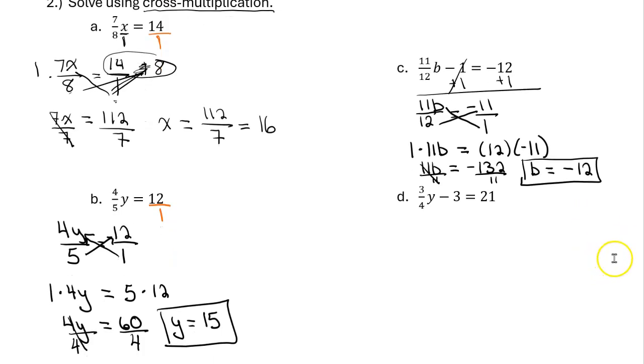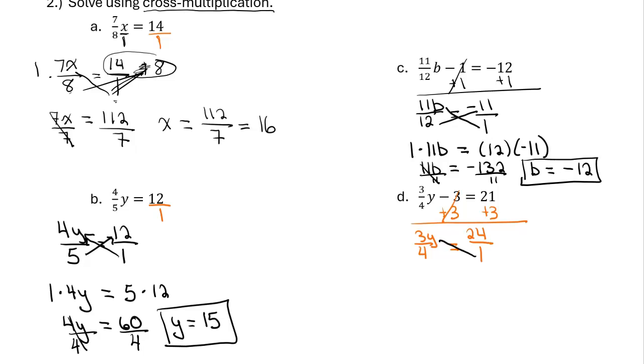Okay, so go ahead and pause the video and try D, and then turn it back on and see how you did. All right, I'm going to switch to orange here just to break up the monotony a little bit. Okay, so opposite order of operations. So I have to add 3 to both sides first. That goes away and I get 3/4. I'll put the y up top, equals 24 over 1. I have an equal sign, so I have to do cross